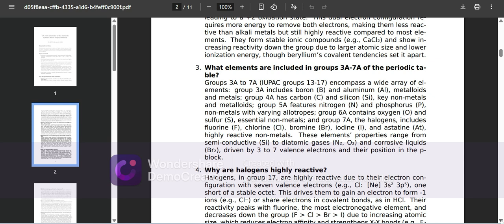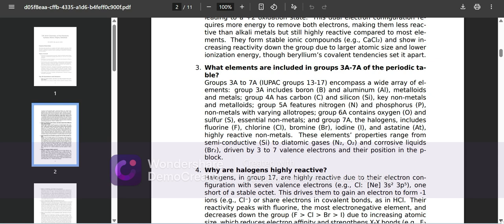Group 3A includes boron and aluminium, metalloids and metals. Group 4A has carbon and silicon, key non-metals and metalloids. Group 5A features nitrogen and phosphorus, non-metals with varying allotropes. Group 6A contains oxygen and sulfur, essential non-metals,